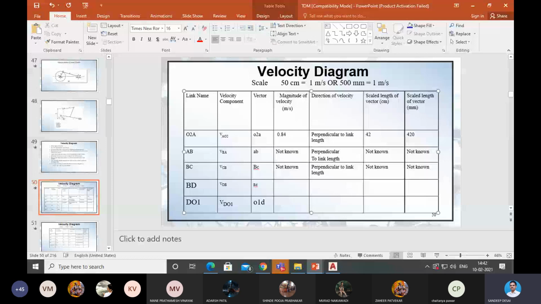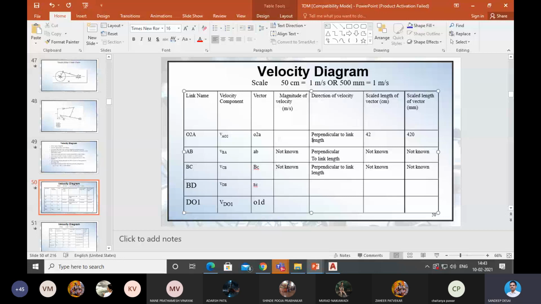Right. These are the velocity components and vectors. Now, next thing that we should do is calculate velocity of the